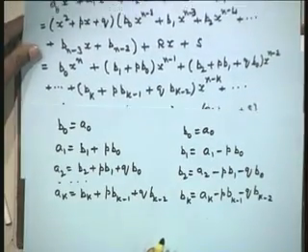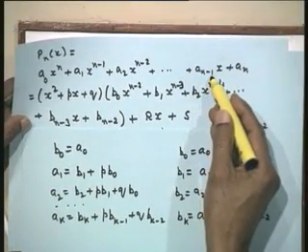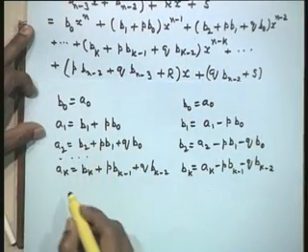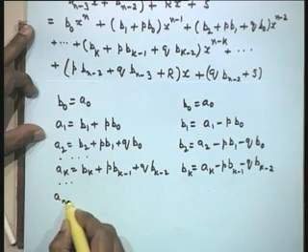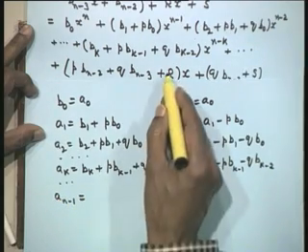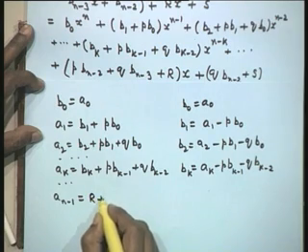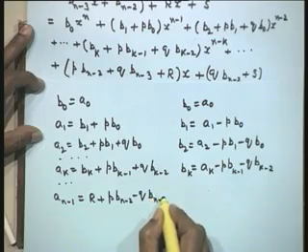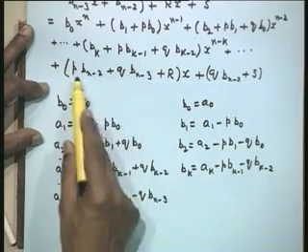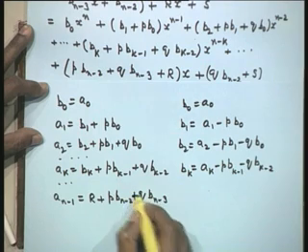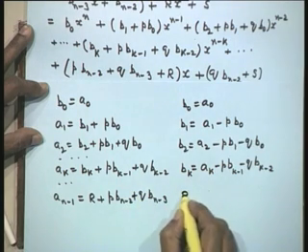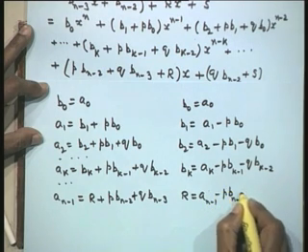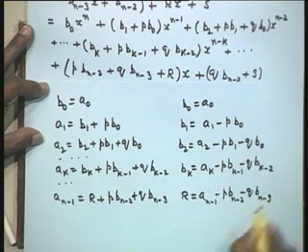Now let us compare the coefficient of x. The coefficient of x on the left hand side is a_{n-1}. Therefore from this I would get a_{n-1} is, we will first write r, plus p times b_{n-2} plus q b_{n-3}. So I am writing from this term, that is r plus p b_{n-2} plus q b_{n-3}. So let us now solve for r, that is a_{n-1} minus p b_{n-2} minus q b_{n-3}.